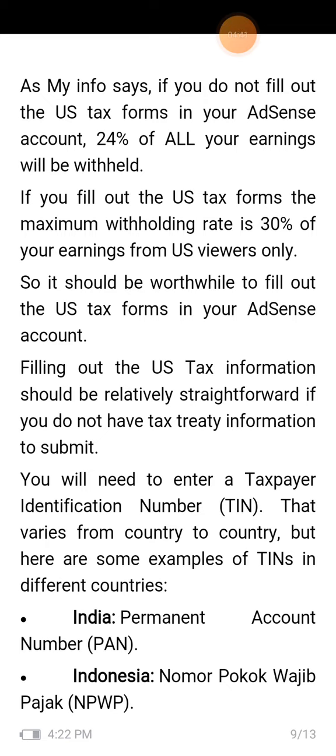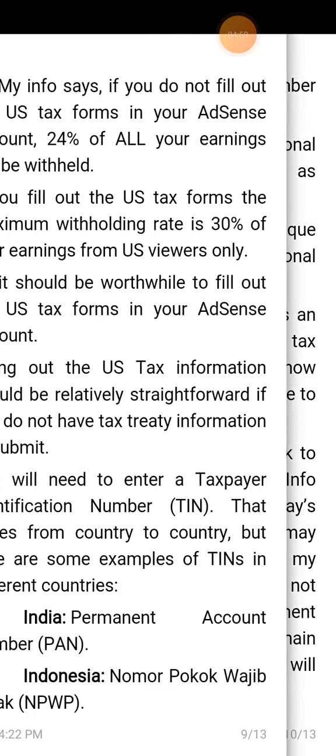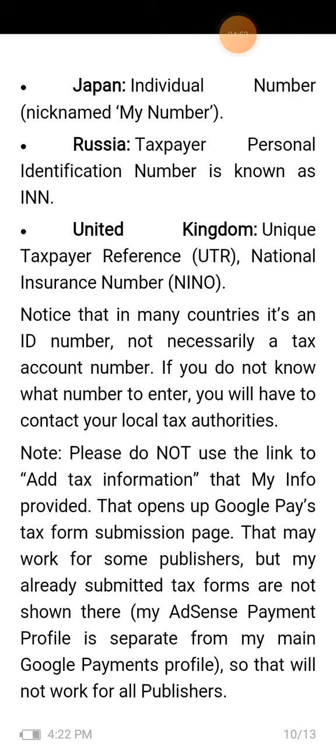But here are some examples of TINs in different countries: India, Permanent Account Number (PAN); Indonesia, Nomor Pokok Wajib Pajak (NPWP); Japan, Individual Number, My Number; Russia, Taxpayer Identification Number (INN); United Kingdom, Unique Taxpayer Reference (UTR). Notice that in many countries it is an ID number, not necessarily a tax account number. If you do not know what number to enter, you will have to contact your local tax authorities.